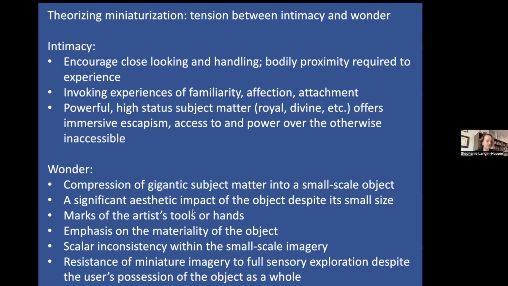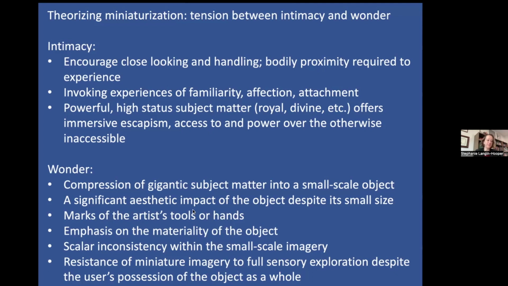The requisite combination of scales is necessary to make an object miniature. To be a miniature, you have to be a smaller version of something bigger out there in the world. You can't just be a tiny thing. You have to be a smaller version of something else. But that means that paradoxical features of one sort or another are almost always unavoidable. It has to be both tiny and refer to the big. And thus, if wonder-provoking features are intrinsic to miniaturization, then the experience of wonder with miniatures may be nearly as